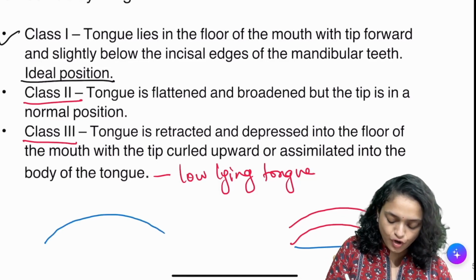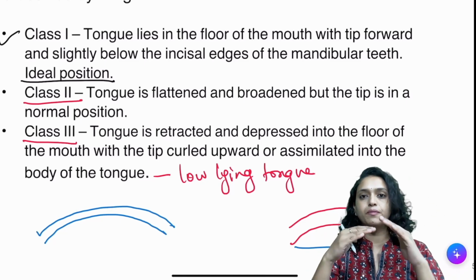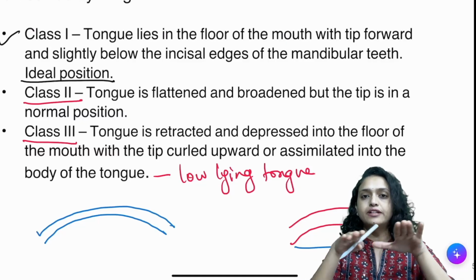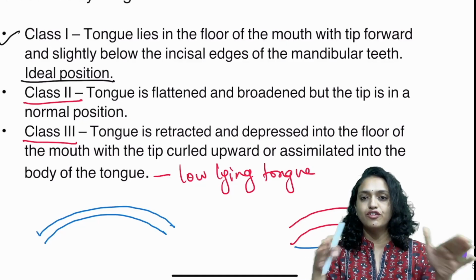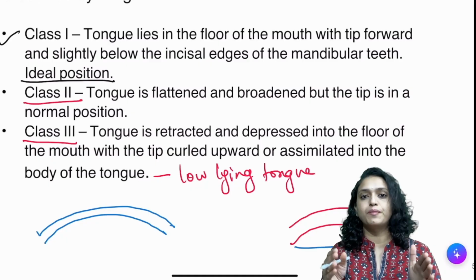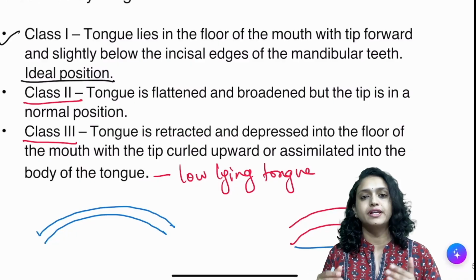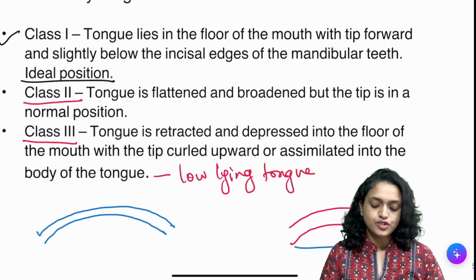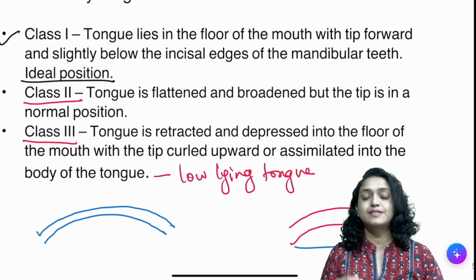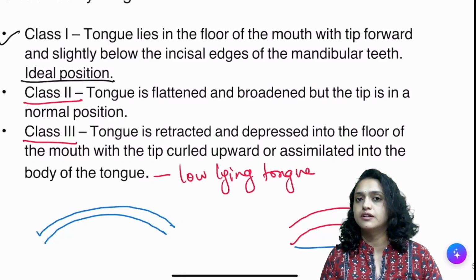But when the tongue is normally positioned, the upper palate also deepens, the depth of the palate decreases, and palatal development happens normally. Hence the width of the maxilla attains the normal structure and the tendency to develop a cross-bite decreases. But when the tongue is low-lying, especially in cases where there are habits, for example, tongue thrusting,